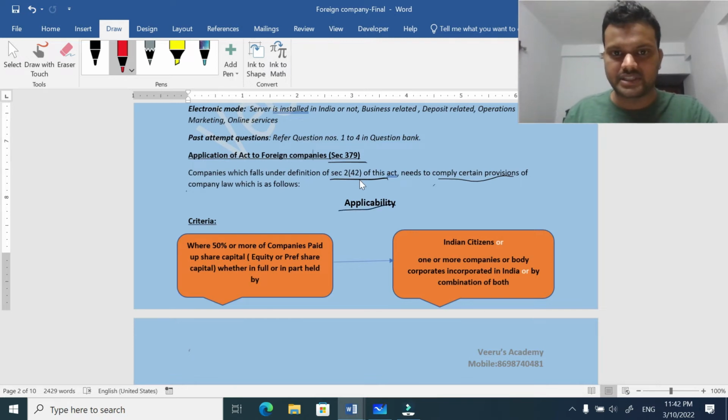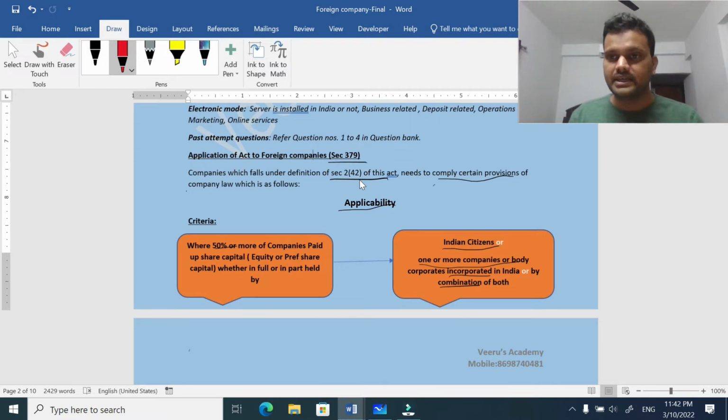Applicability of this section 379: where 50% or more of the company's paid up share capital, whether equity or preferred share capital, whether in full or in part, is held by whom? Indian citizens, or one or more of the companies or body corporates incorporated in India, or a combination of both. If in any foreign company, the paid up share capital, whether equity or preference share capital, is held by Indian citizens or Indian companies, or a combination of both,